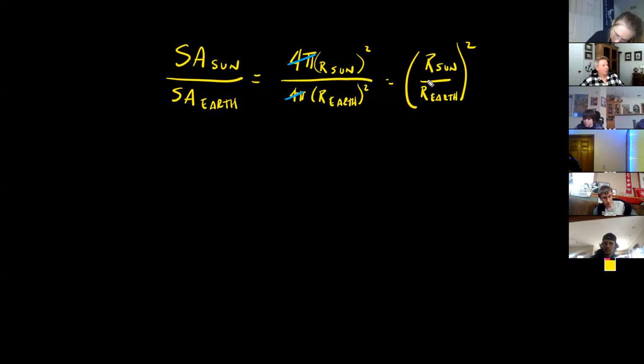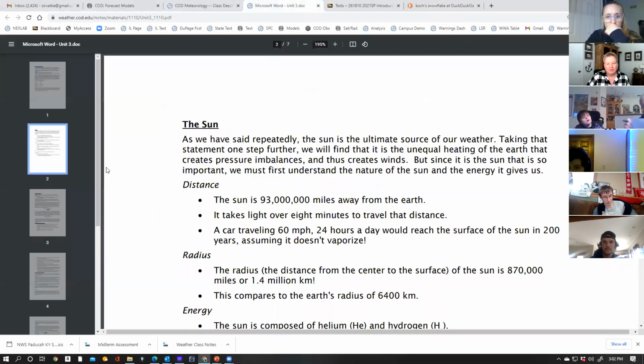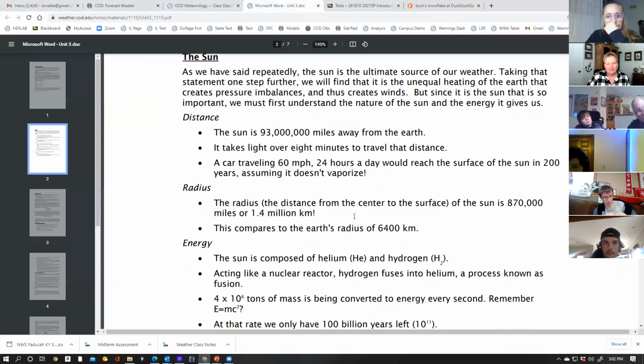Do I know how much bigger, do I know these values? They're out there, yeah. Where's the easiest place to find them? The internet. Well, I was thinking page 2 of the notes because I gave you this. So if you go to page 2 of the notes, where are my notes? There we go. There. The radius of the sun is